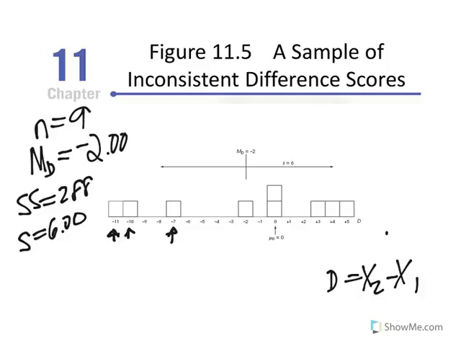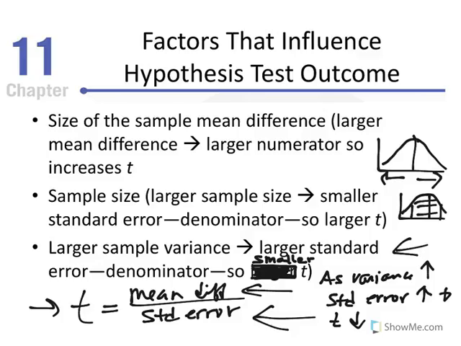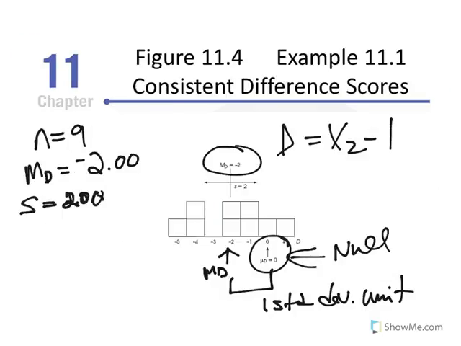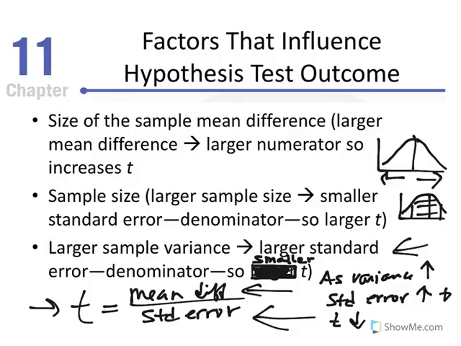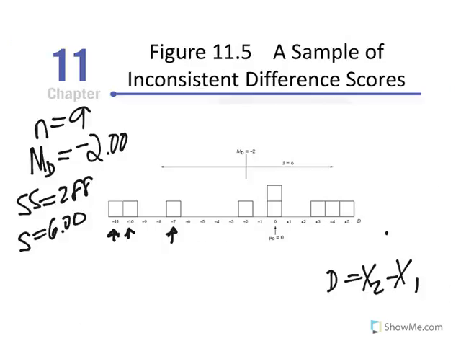And now we've significantly increased the variability, and that should be evident visually. These scores are much more spread out than the previous slide we saw, or figure 11.4. Let me just go back to that. Again, see how they're more consistent. They're clustered together in comparison to what we see here. They're more spread out. So again, the mean is the same, but the standard deviation, which reflects the variability, has